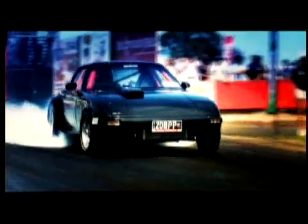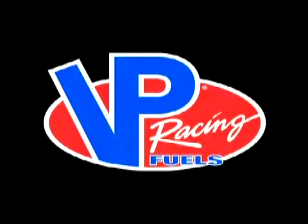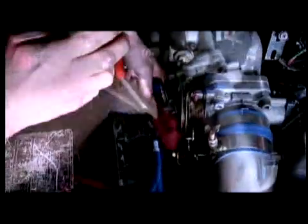We all know that race cars use race fuel, and we've all heard that mega horsepower engines need race fuel and that race fuel gives you more power. But how many people know what race fuel does and why? It's quite simple really. The fundamentals of how much power your engine makes is based on how much air-fuel mixture